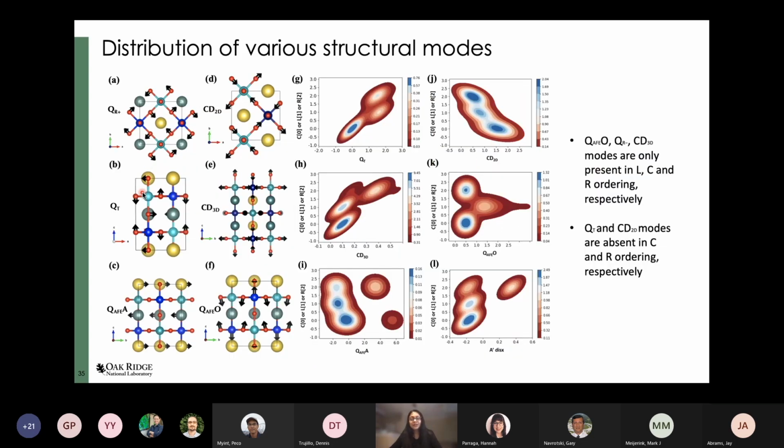Now let's look into the distribution of various structural modes. So we are considering the rotational modes, the tilt, the antiferroelectric, A-side, and the O-side displacement, as well as the charge disproportionation mode in the 2D and the 3D. Just by looking into the distributions, we can already say that some of these modes are present in a specific type of ordering versus absent in another. So including these structural modes in the descriptor space is very important, which we can already